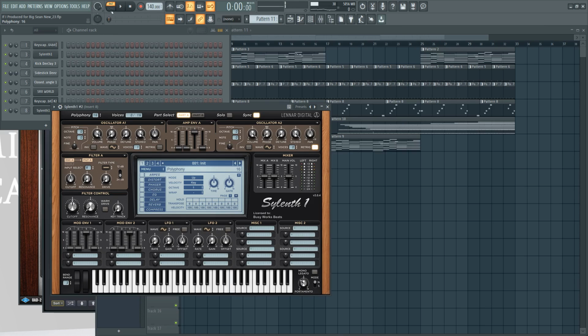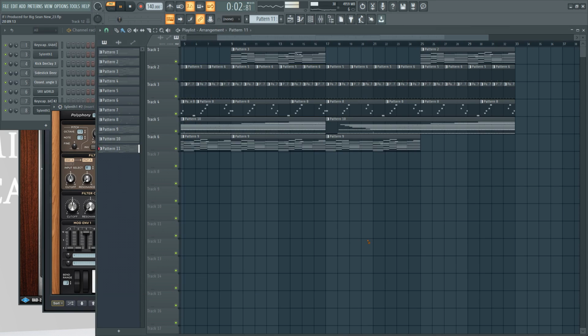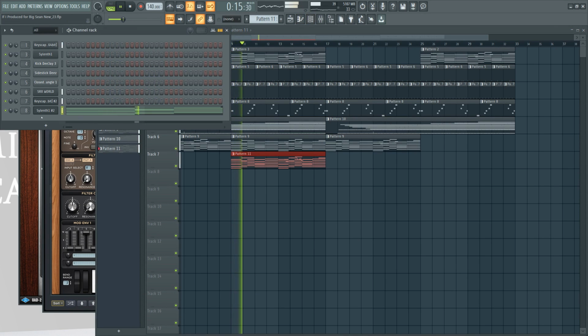And make sure your polyphony's up. So it just adds a tone that you can't hear, but it glues it together.